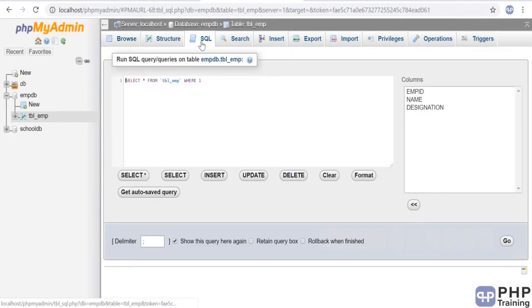So when you click on SQL, you have something called as insert. Let's click on this insert. Okay, so insert command starts with the insert keyword. Okay, insert into where? Insert into a table, and open parenthesis, close parenthesis, you mention all the field names of it. Okay, in this case I don't want employee ID, it's auto increment, so I don't want it. And what is the value, right? The value sequence is based on the sequence of your field name. So first name is value 2, designation is value 3.